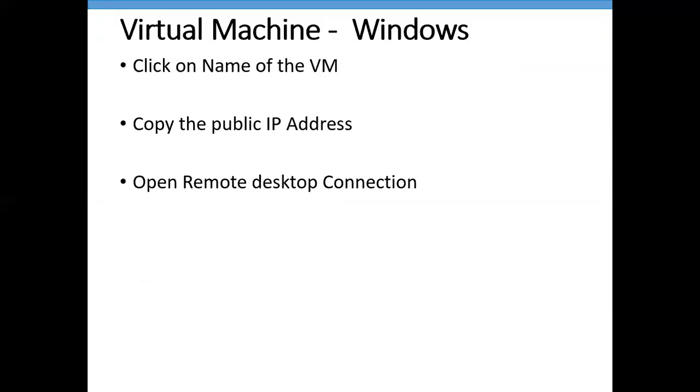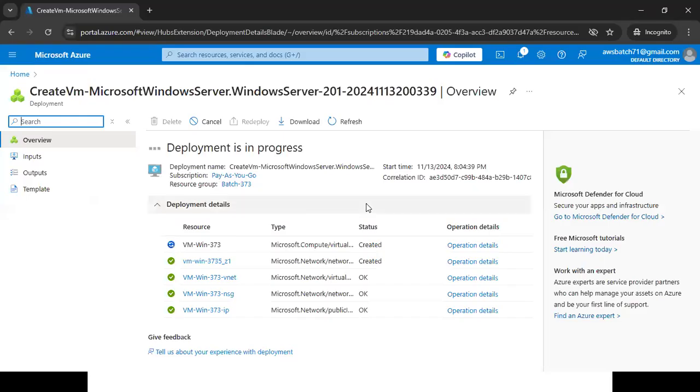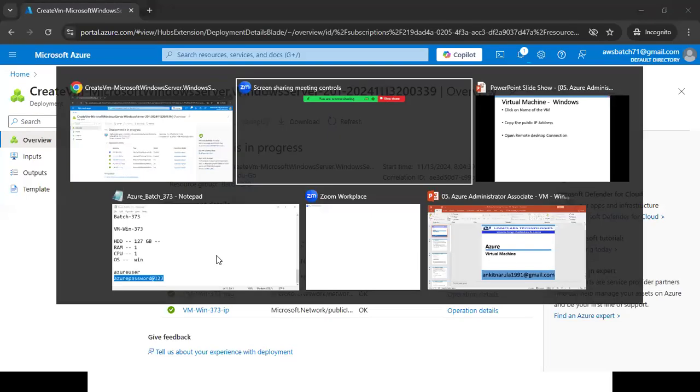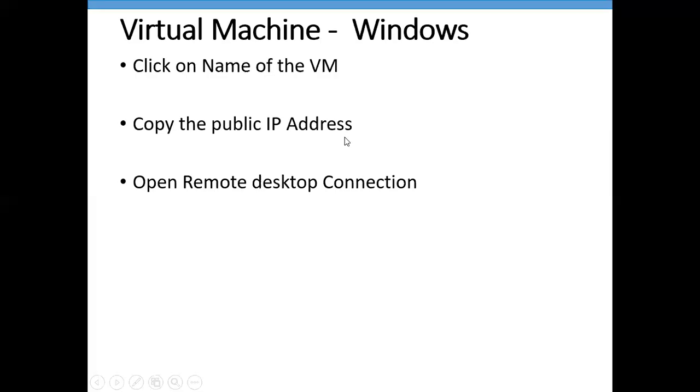The public IP address, by default, we get from Azure, and they give it randomly, any IP address. But how we get the private IP address, we are going to discuss in our upcoming sessions. So they are creating everything for us. Now, once our machine is ready, we are going to note down the public IP address, and we have to open